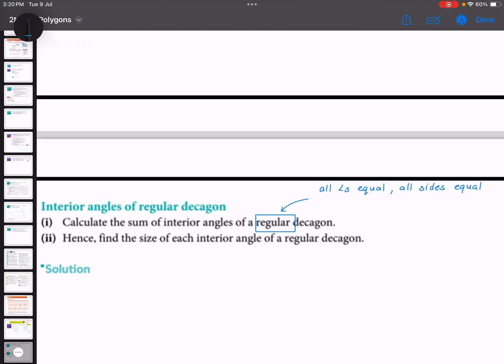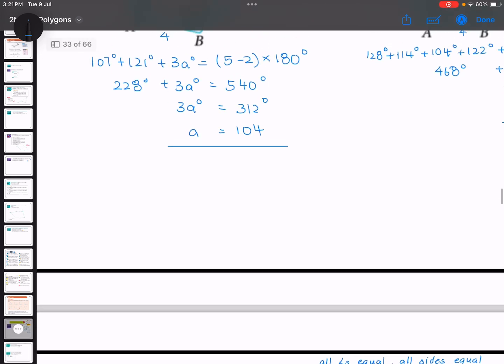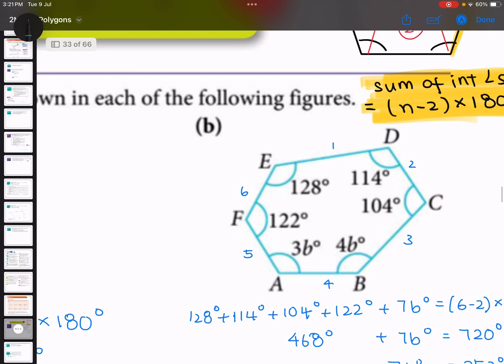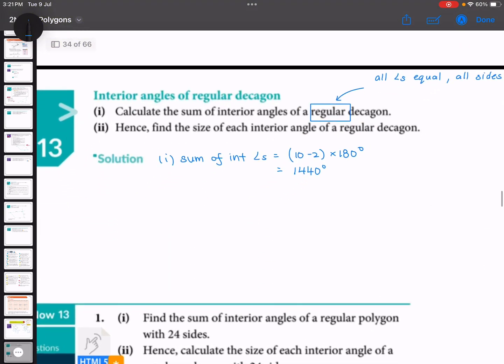Okay, so let's continue. Part 1. Sum of interior angles. Please give me my simple statement. A decagon has 10 sides, so 10 minus 2 times 180 degrees. If it is a regular decagon, that means all the angles are the same. 10 sides, you have 10 angles. Let's go back and check. 5 sides, 5 angles. 6 sides, 6 angles. So if I have 10 sides, then obviously I have 10 angles. So interior angle